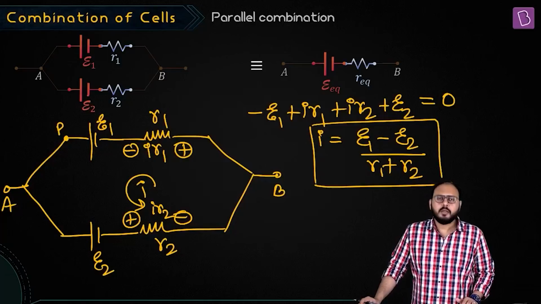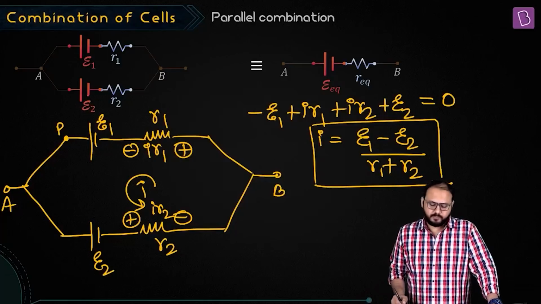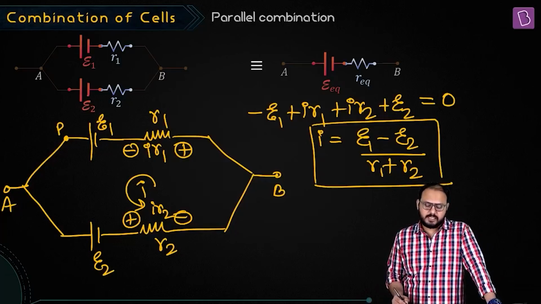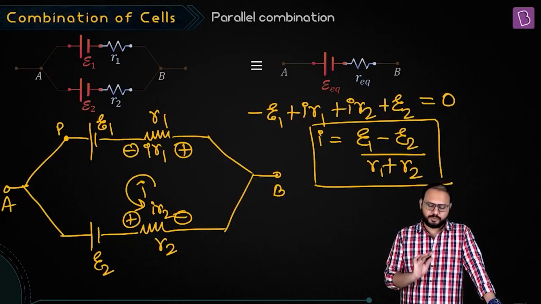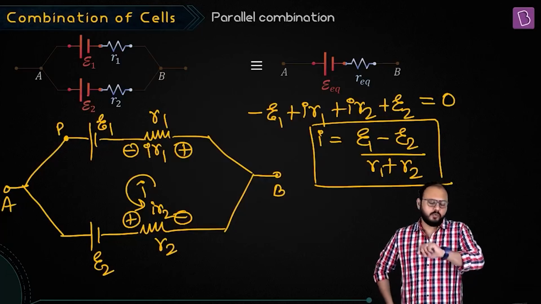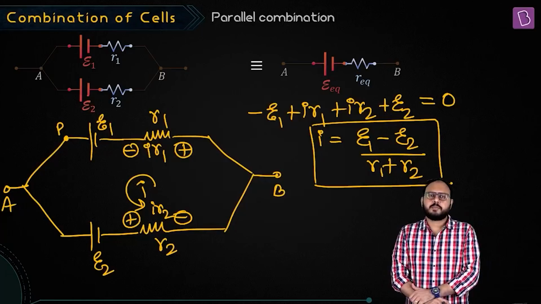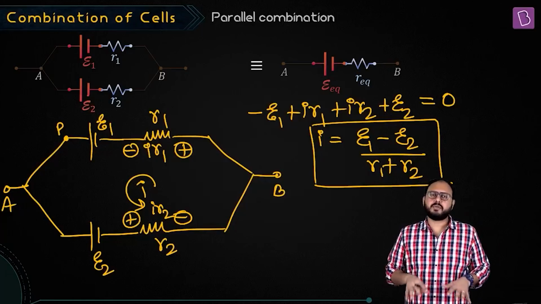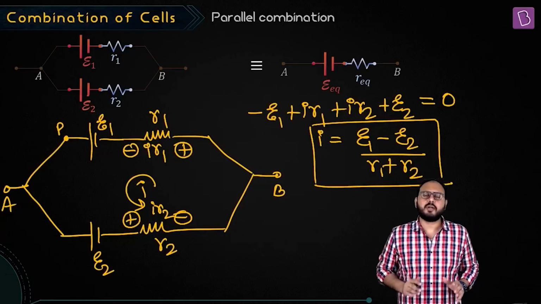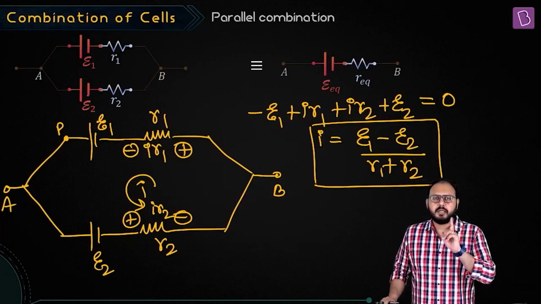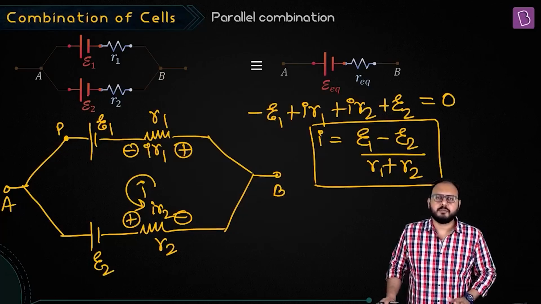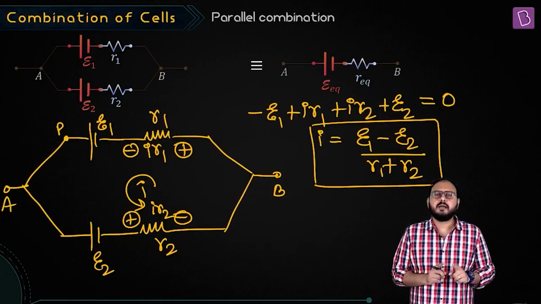Got it? Got it. What are we supposed to find? Sir, we are supposed to find VA minus VB. Sure? Sure, sir. I'm going to give you 1 full minute. Absorb this. I will not be able to take examples on this today, but I want to derive this because I want you to understand the power of this definition. Equivalent EMF of a combination, no matter what the combination is, is the PD between the endpoints when the endpoints are not being used.